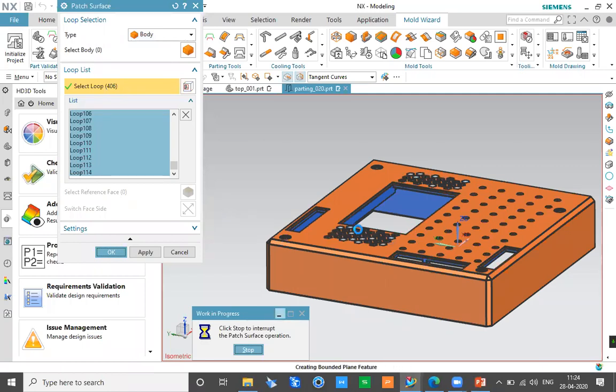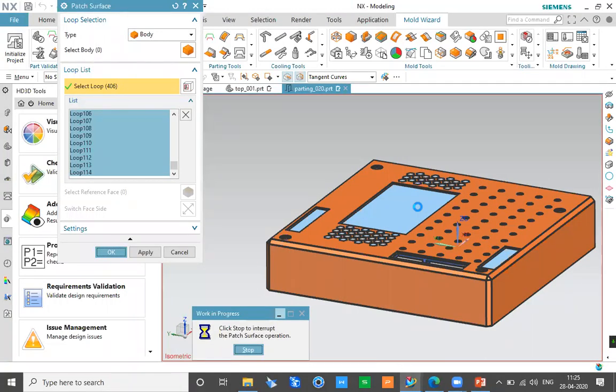You can see the patches getting generated live on your screen. A lot of patches are getting generated, and this is the time consuming part of creating any mold. Extracting the core and cavity of any article is quite a time consuming process. Apart from that, designing the ejection, the mold base and other things is equally time consuming. So it is quite fast and intuitive to do all those things in this wizard itself.